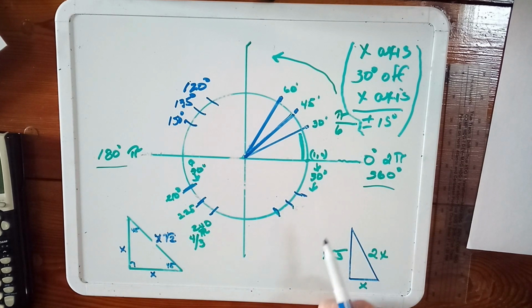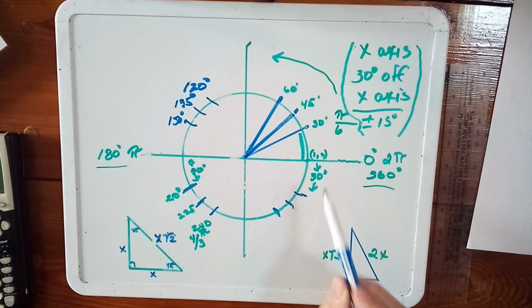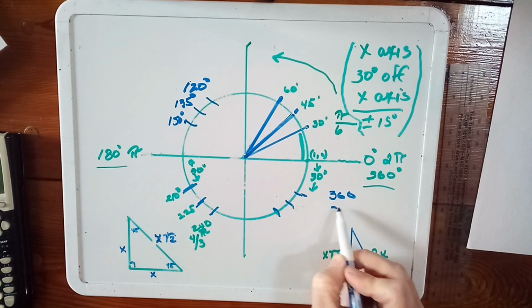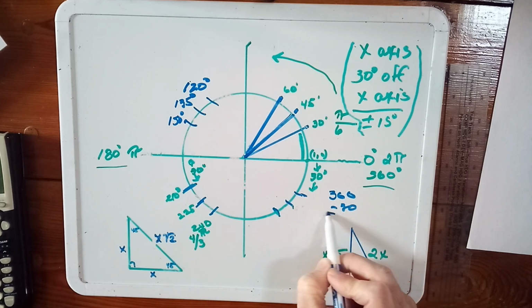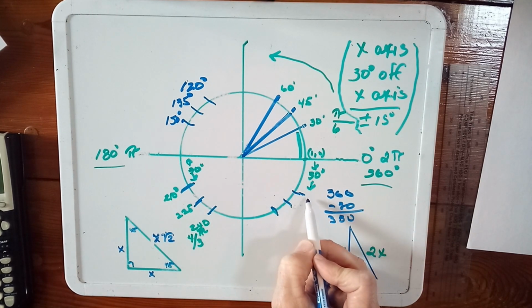They're all 15 off. It's easier here to just subtract instead of going all the way around and adding. In this case, it would just be 30 off from all the way around, 360 minus 30, 330. So this first one would be